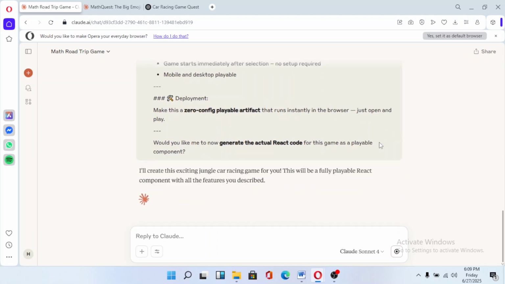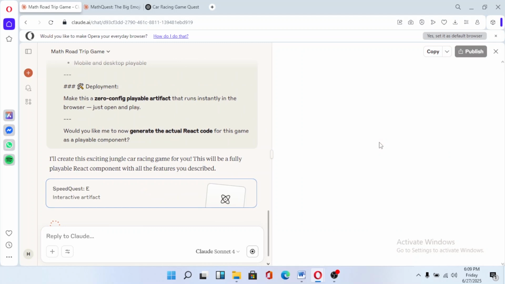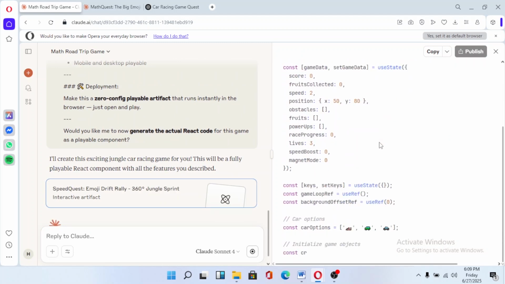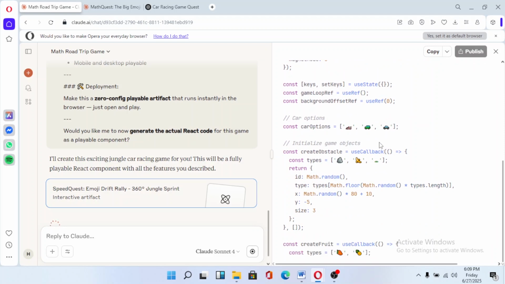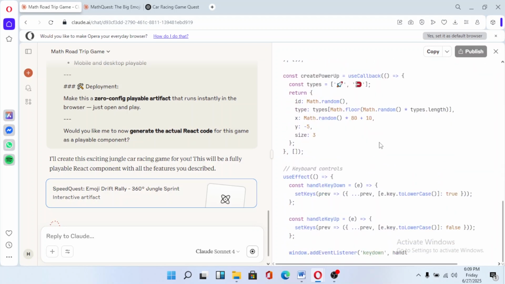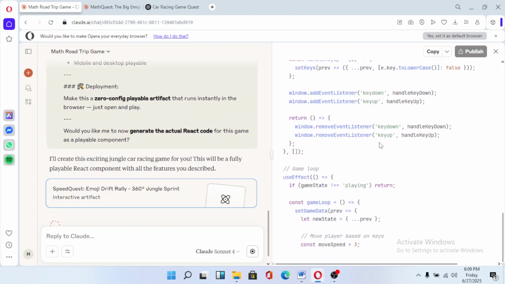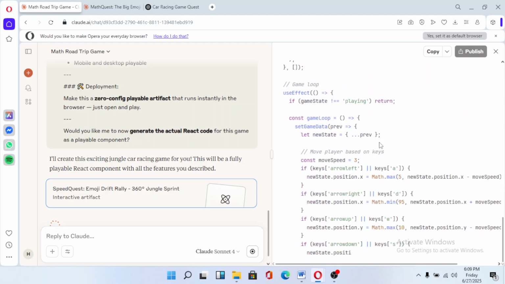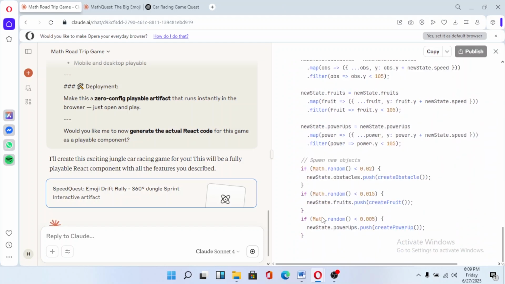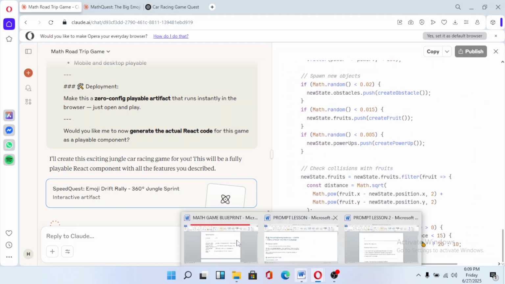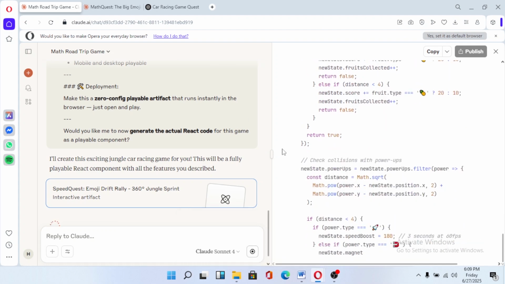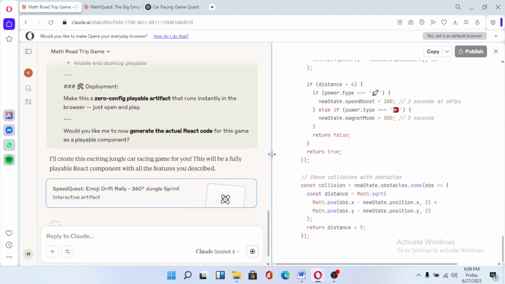So let's see now what Claude will generate in artifacts, the kind of game. As you can see, the game is still a mathematical game. Why is it a mathematical game? Because if you remember what I said about prompt engineering, I said it's something which is structured. It's still a mathematical game because at the top level, when you check the game there,